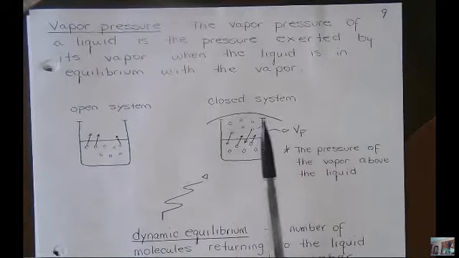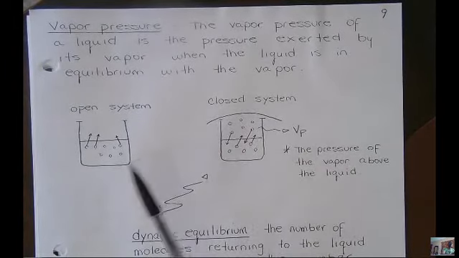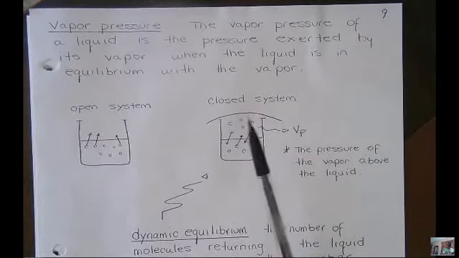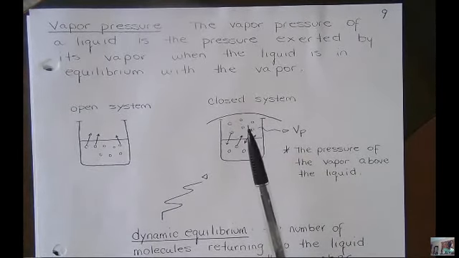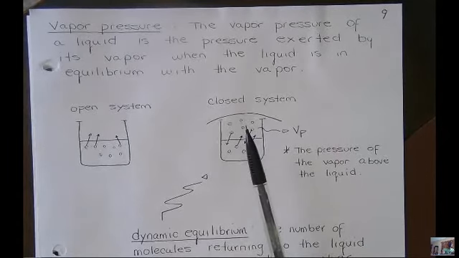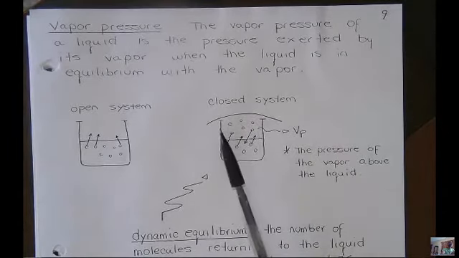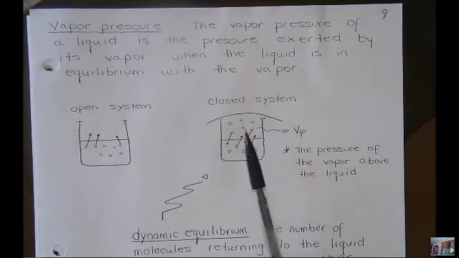So in a closed system, you build up this pressure here. It can't constantly evaporate and you just lose the material. It gets stuck in this area here in the vapor phase, and in a sense, it gets saturated, right? It gets to 100% humidity. This happens to us in regular life, right? When the air